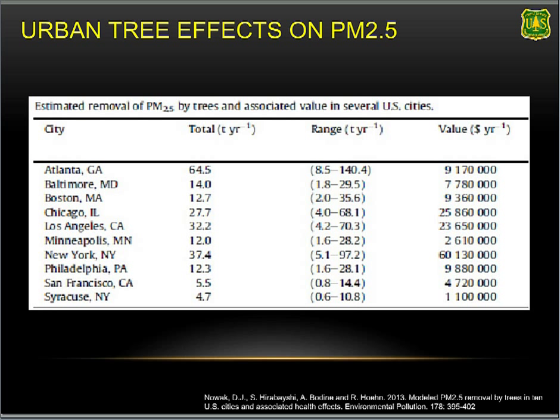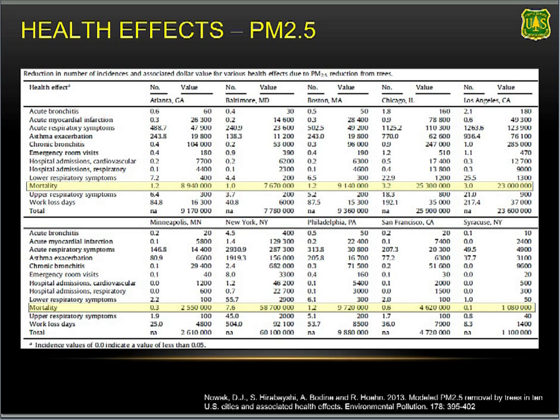What this is showing in terms of value is, in terms of, say, Manhattan or New York or Chicago, the values tend to be highest in these urban areas where there are more people, because there's more people receiving the benefits of having improved air quality. And I'm going to show you that on the next slide right here.